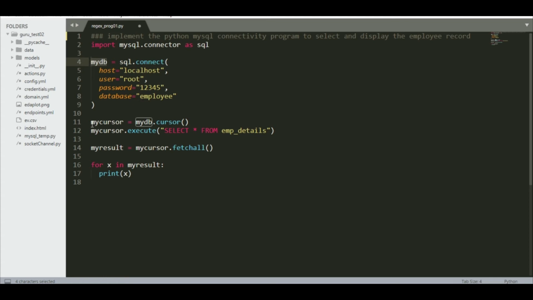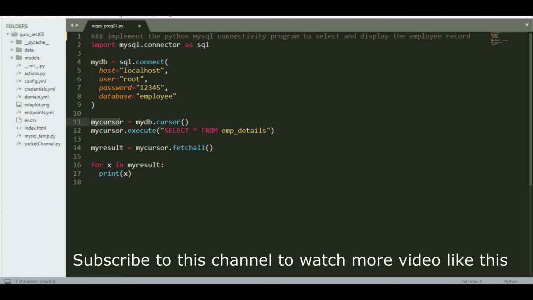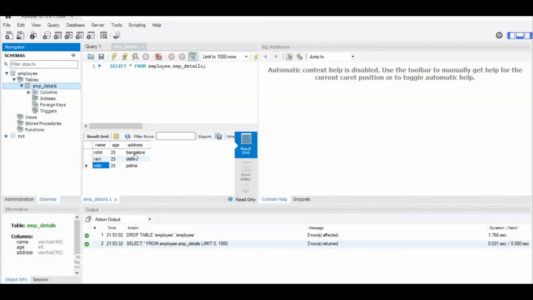Now when I have an object as myCursor, in order to extract all the data, we need to write some instructions, and those instructions have a set of rules, and for that there is a programming language called SQL. So we are going to use SQL here. Now SQL is very deep, so I will just give you some hint about how we are going to extract here.